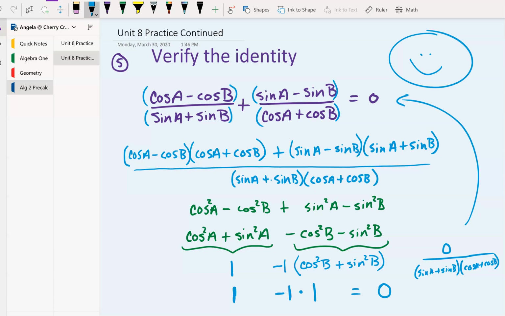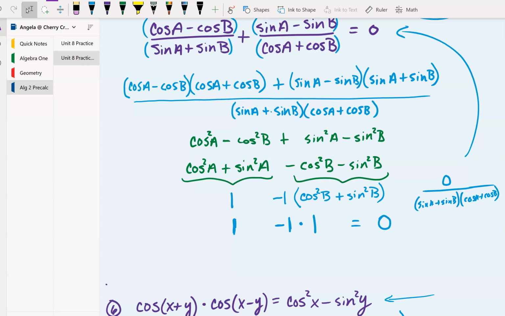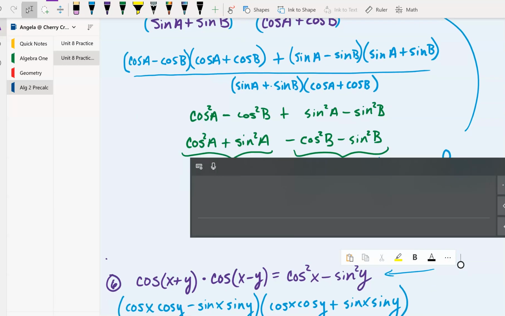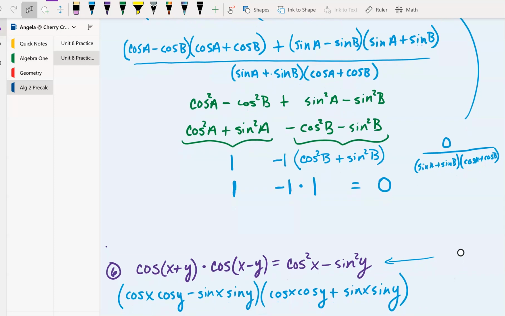All right, let's try another. Moving on, here is the next one, and I've just barely brought it onto your screen because I want you to have a chance to write it down first. Go ahead and write it down if you haven't, and then we're going to work through this one together. I'm going to talk you through it a little bit. So here it comes. Here's the first step. You are going to have